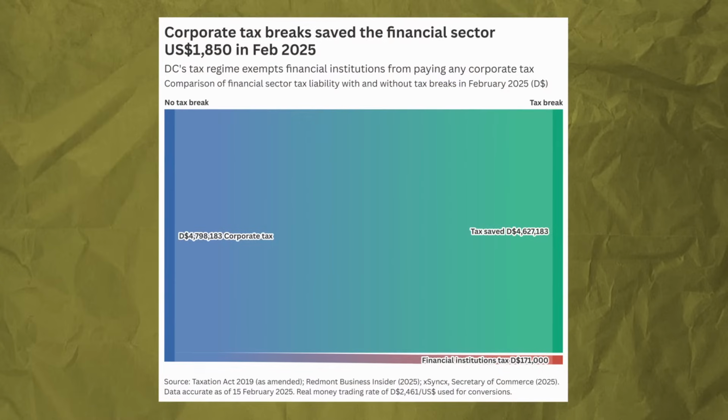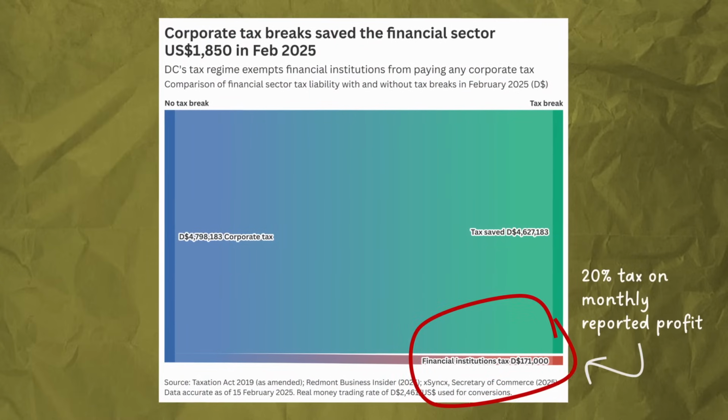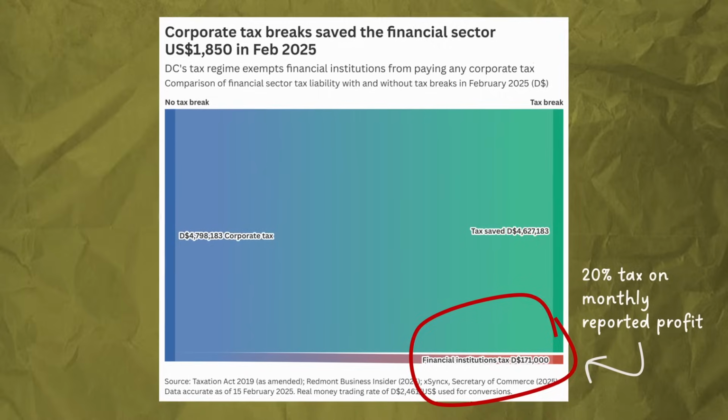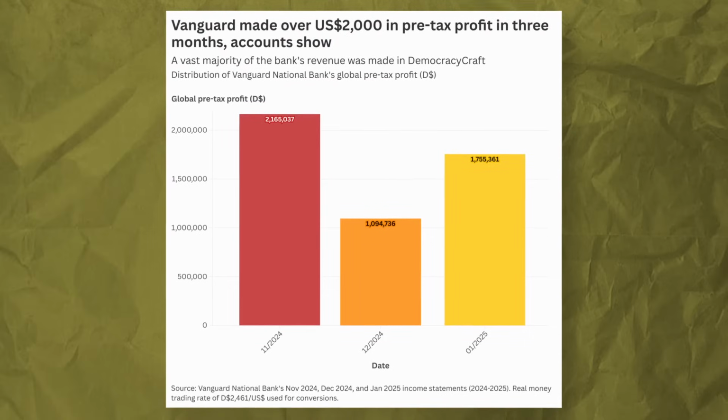Registered banks in DemocracyCraft are exempt from corporate tax. Instead, they have to pay what is known as a financial institutions tax, which is a 20% tax on monthly reported profit. According to Vanguard's leaked accounting records, the veracity of which was corroborated by 4 separate sources with access to them, including bank insiders and regulators, the bank made over $2,000 in pre-tax profit between November 2024 and January